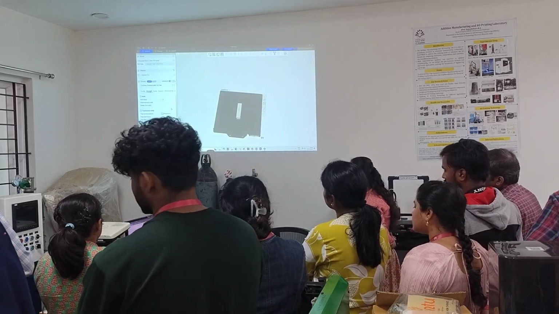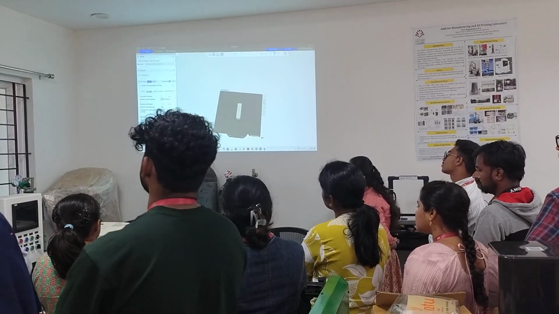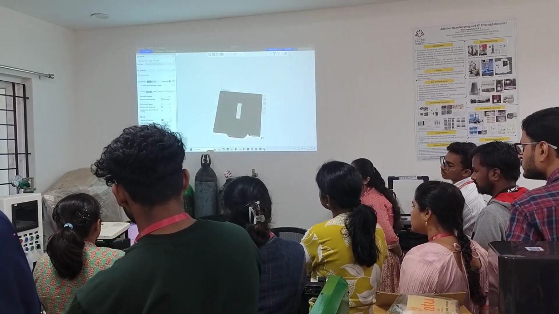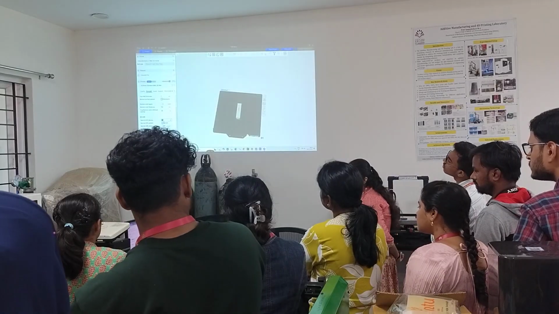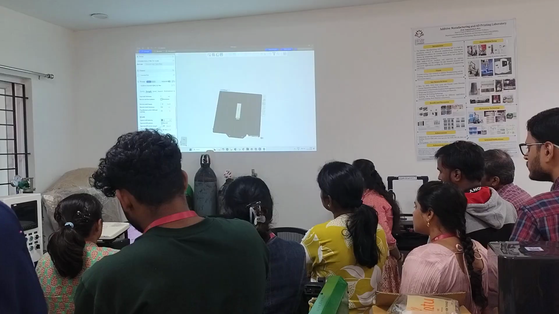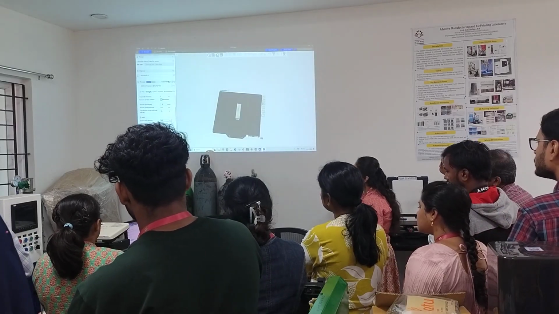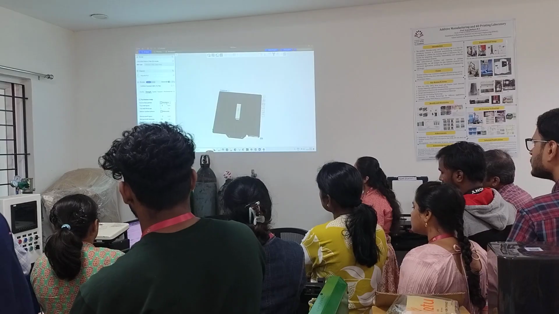So I will change the strength. Now it has 15. What we will try is 10, 30, something. We will vary, and then you can check how the hardness becomes. So I will make it 10 now. And then the pattern here.